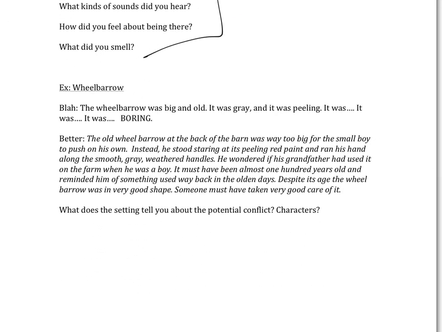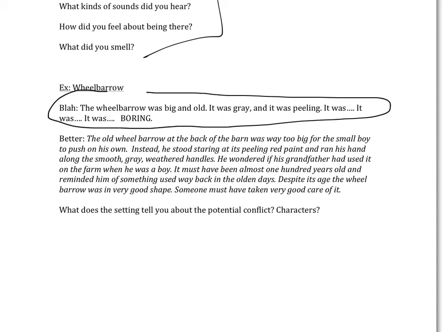Here's what I mean about weaving it in though. So let's say that you're on this farm and you have this wheelbarrow there as the story gets started. This would be a very blah, blah, blah, boring way of doing it, just listing everything about the wheelbarrow. But the second way, right here, notice that the author of this narrative really weaved everything in as they not